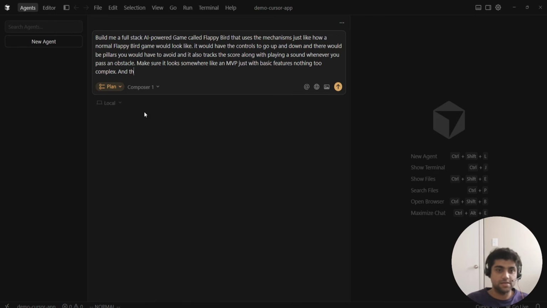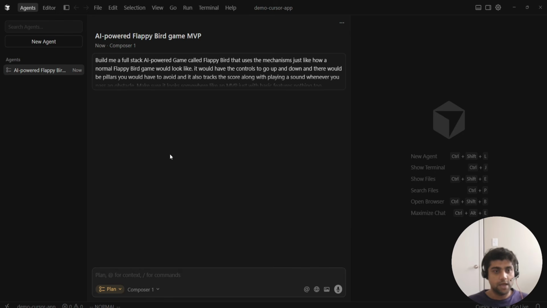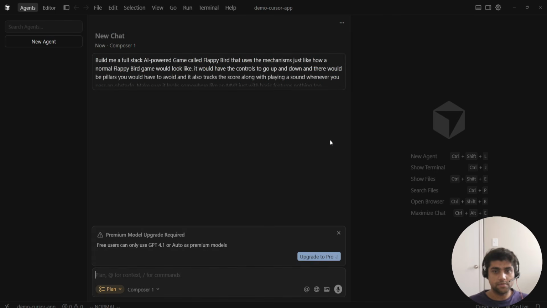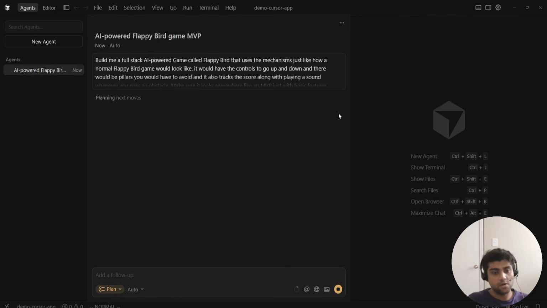Now I stop that and I would delete the last things. And this is really cool because now you can voice the prompt and then you would just press the send button here. Now, free users can only use GPT 4.1 or Auto as premium models, so we'll just cross that out and let the agent do its thing. So over here, what you would see is Composer 1 is kind of working on this. So if I press send, okay. So let's go ahead and go with auto mode, since they're requiring me to upgrade the plan. But if I do auto mode, it should